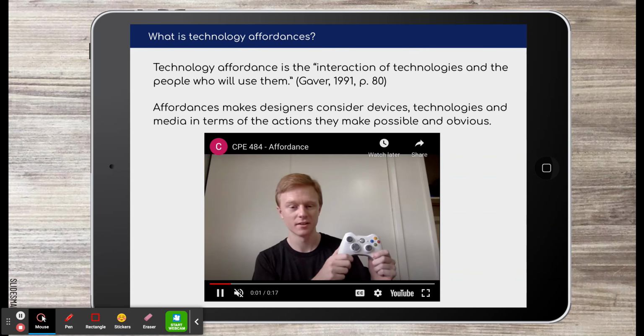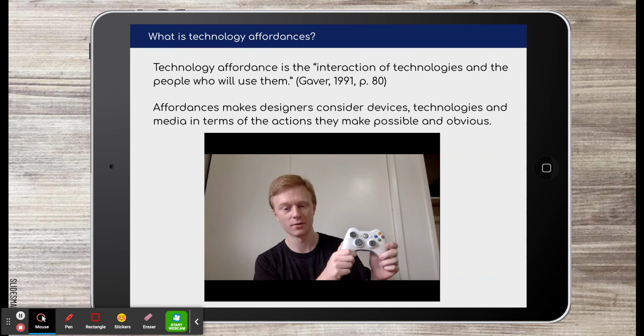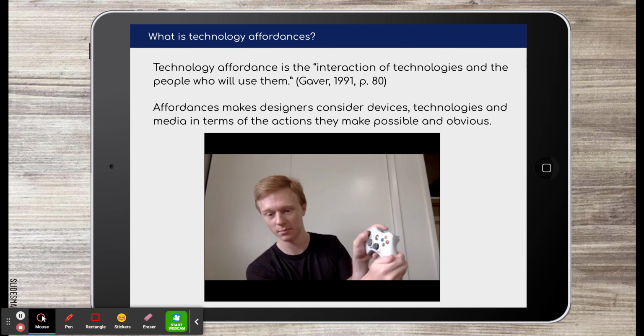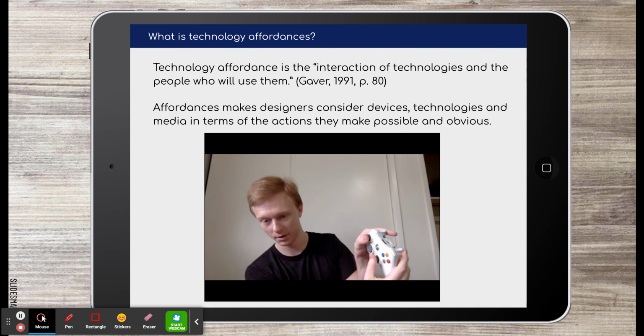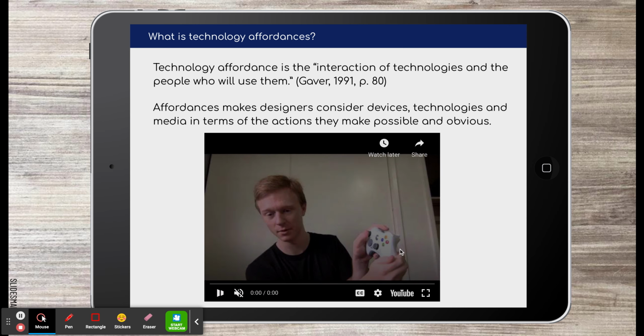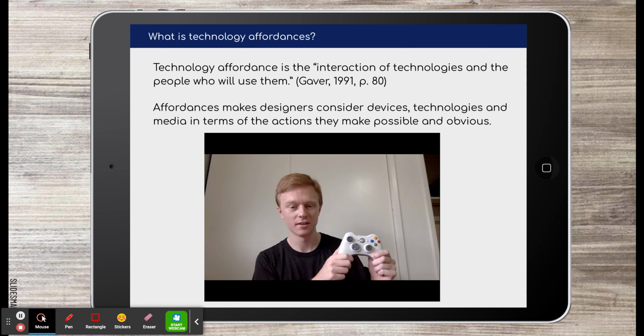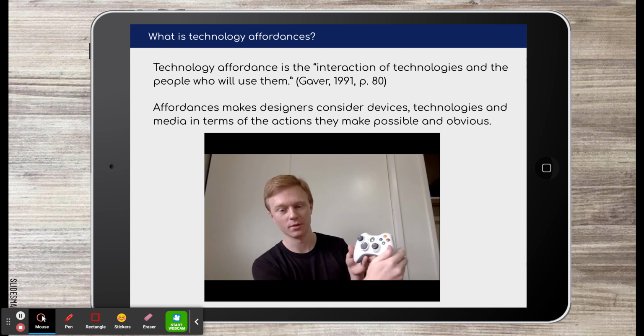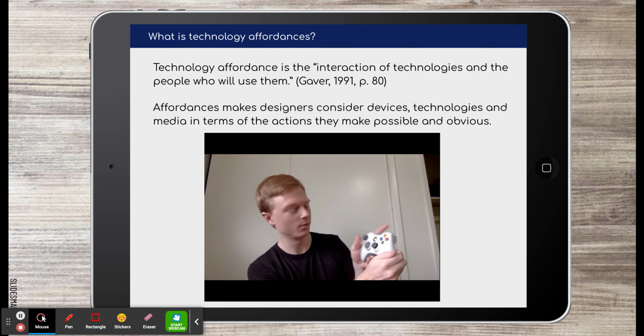Then I have this one. What is technology affordance? Here below there is a video, and it's one that definitely helps me remember technology affordance. Technology affordance is the interaction of technologies and the people who will use them. Affordances make designers consider devices, technologies, and media in terms of the actions they make possible and obvious. So here there's a young man, and he's discussing that this controller that he has in his hand